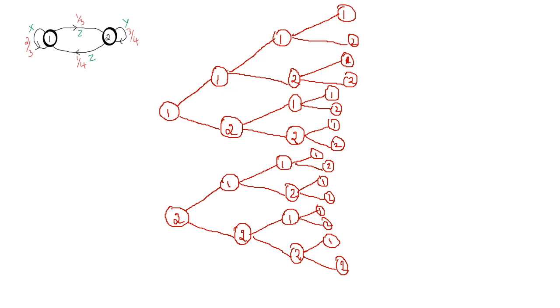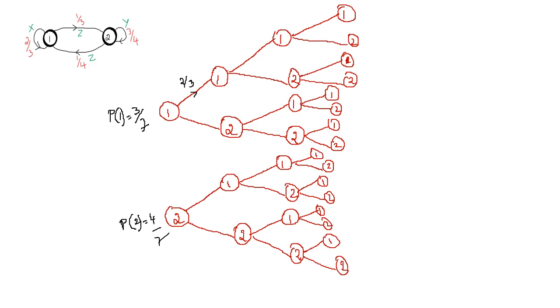Next, once you complete this for the three intervals, what you need to do is write the probability values along the graph. Now, how to write the probability values? Here we know that the initial probability P of 1, we have solved it and got it as 3 by 7. Similarly, we have got the initial state probability P of 2, which is nothing but 4 by 7. Next, we'll write from 1 to 1 the value of probability along this graph. So it is 2 by 3.